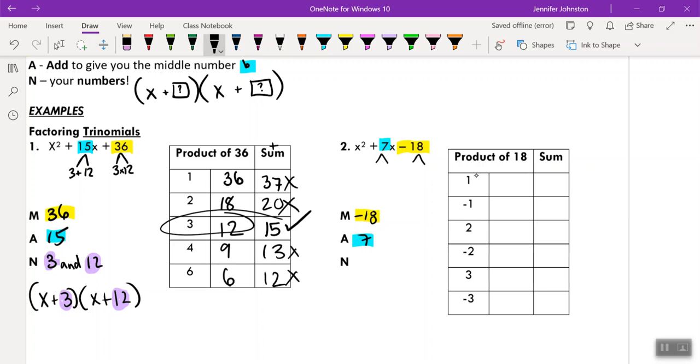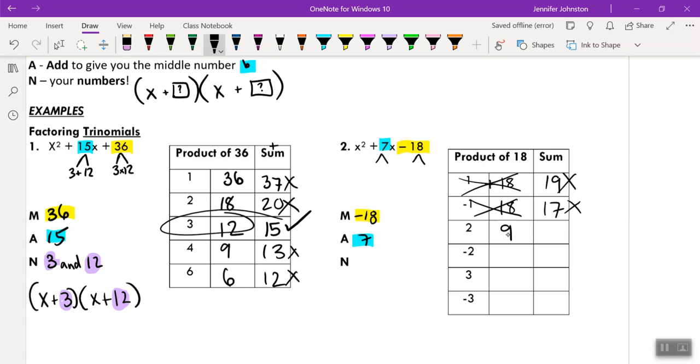Okay, so for the product of 18, 18 is 1 and 18. Can that give us, when we add those together, we get 19. So that's not going to work. 1 and 18 doesn't work. What about negative 1 and 18? Negative 1 and 18 is 17. That's still not 7. That's not working. 2 and